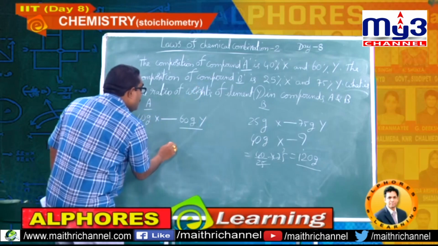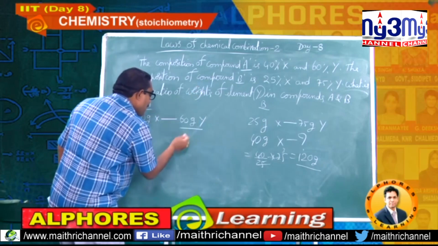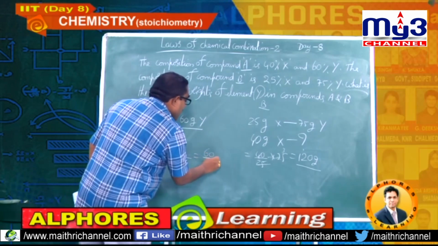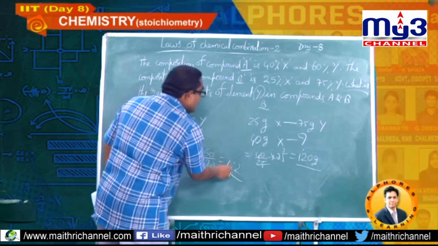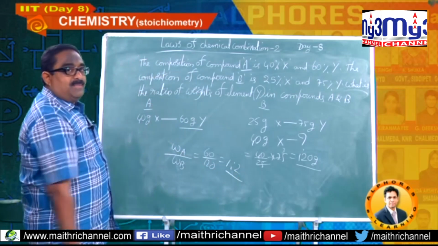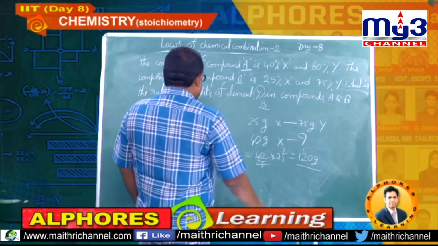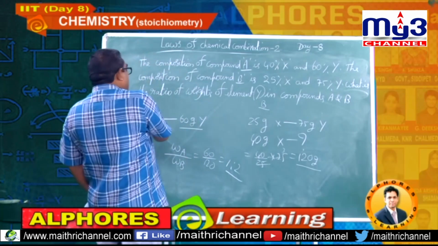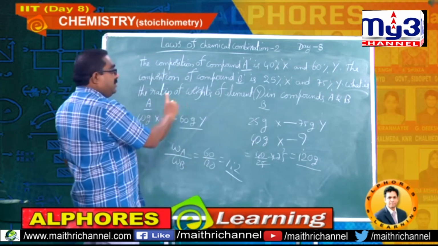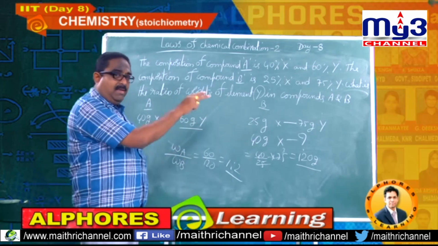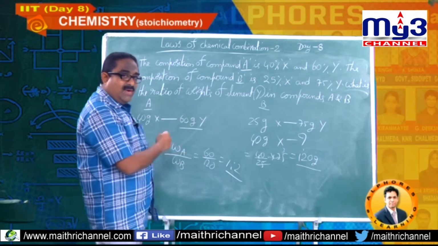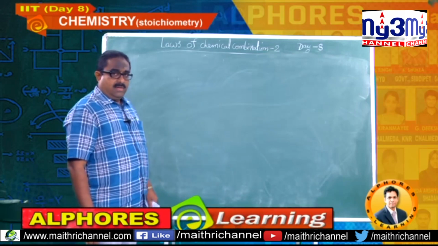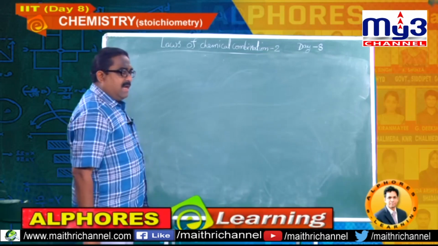So the ratio of mass of Y in A and B, WA by WB, you got 60 by 120, that is 1:2. So that is the simple mass ratio you will get by fixing the mass of one element as constant in both the compounds formed from the same two elements X and Y. Okay students, you please note it down. Let me go for two more simple numericals here. You please note it down.